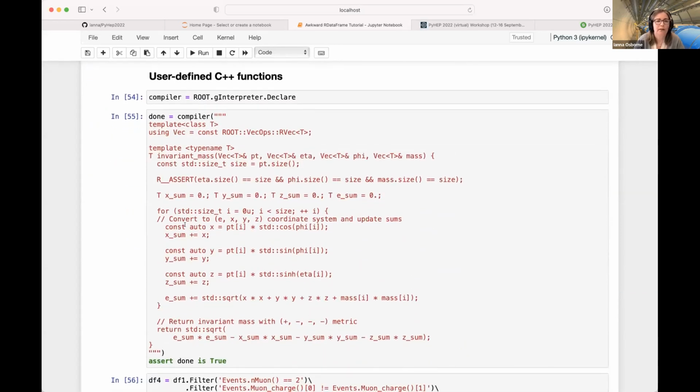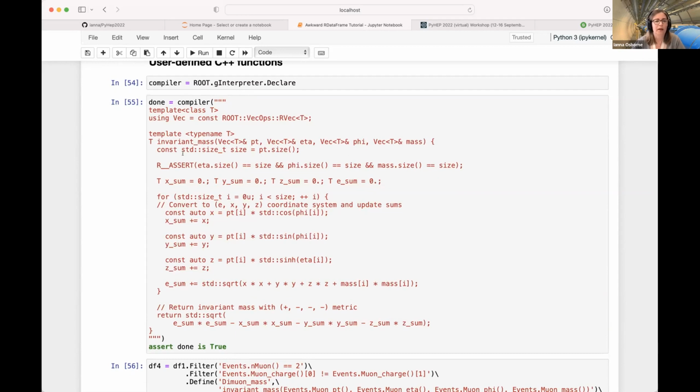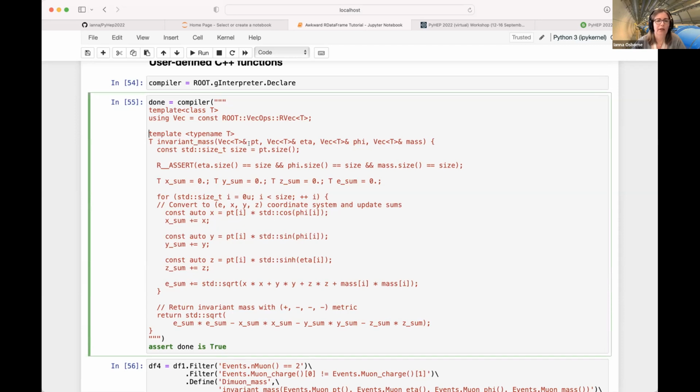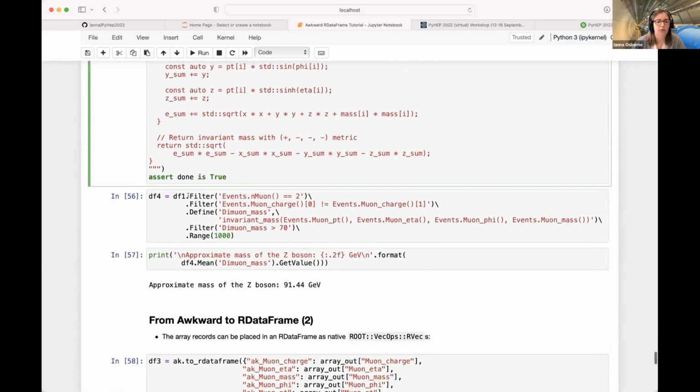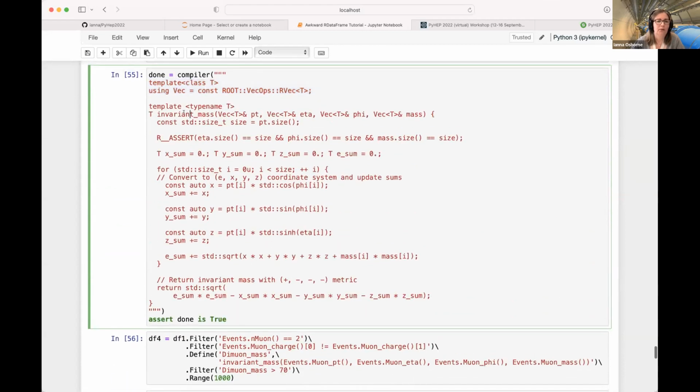We can go even further and define C++ functions. You can do it either like here in your code or in a header file. And you can recognize it's a copy of the function which ROOT provides with slight variations, so that we can, say, use a different type. The only downside is that you can only define a function once. So if you define this function and then say, okay, but now I have to change something and modify the body, you would need to rename it,